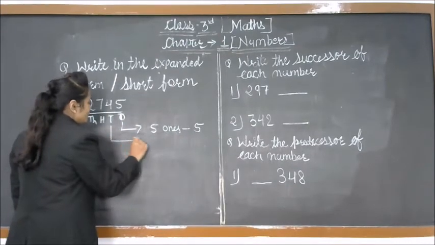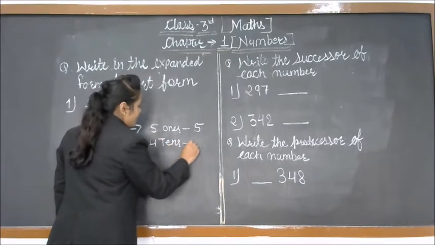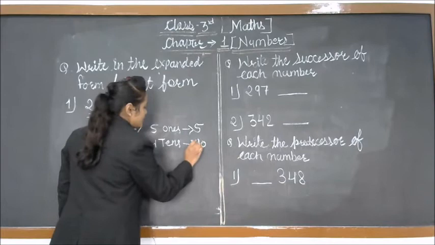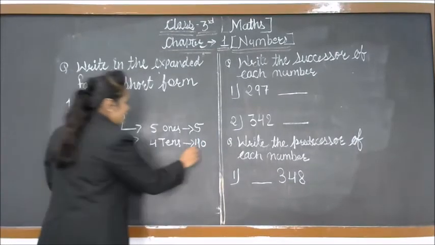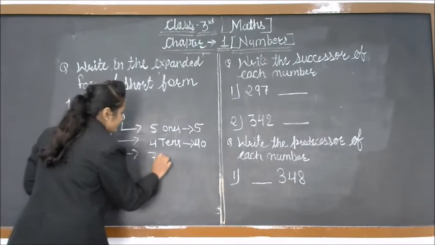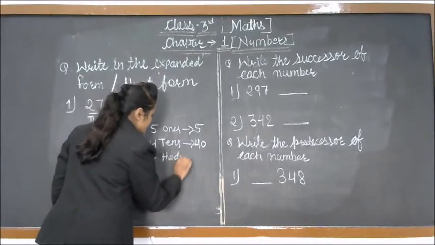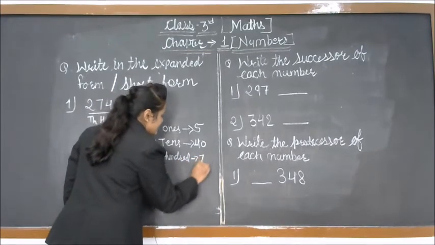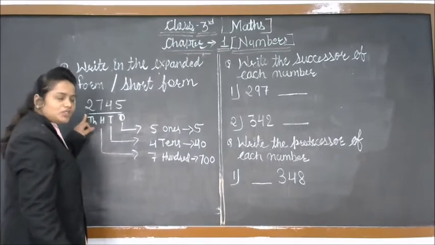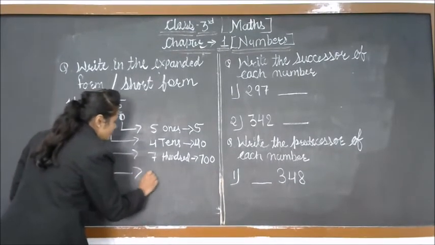4 is in the tens place. So we can write this as 40 because this is in the tens place. 7 is in the hundreds place. So we can write 7 as 700. And the last is the number 2. Number 2 is in the thousands place. So we can write this as